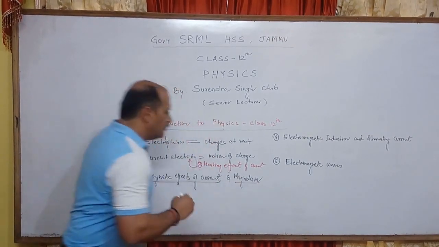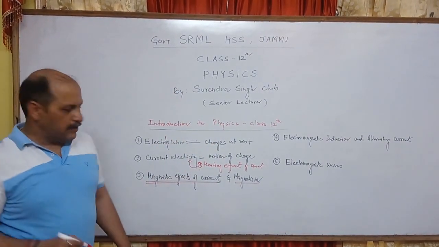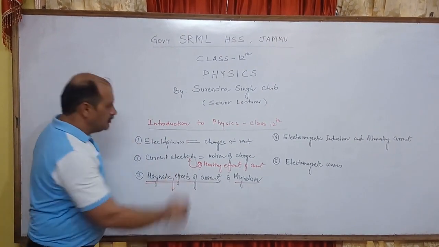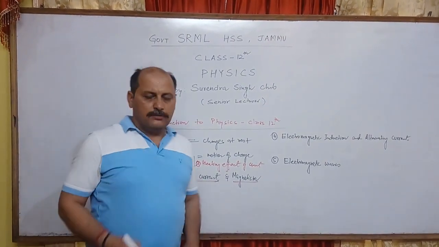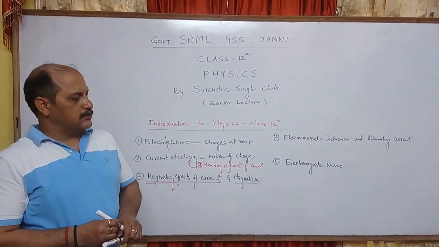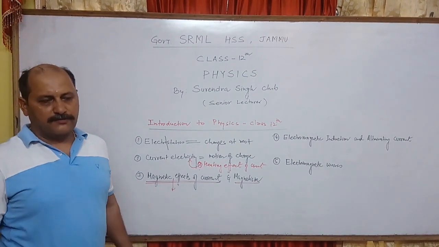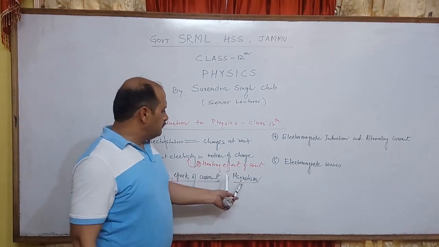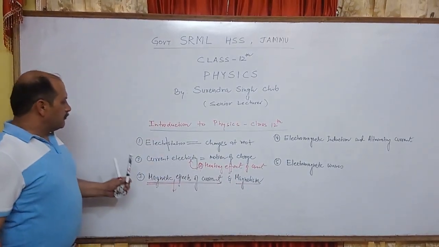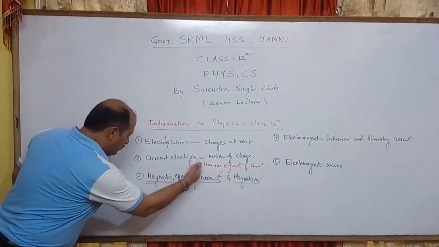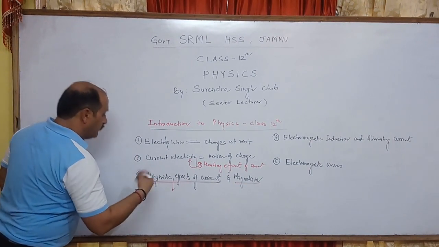Next is magnetism. It's a very big unit. How magnets are produced, what are the natural magnets, what are their properties, different types of magnetic substances. Besides these two effects, we have